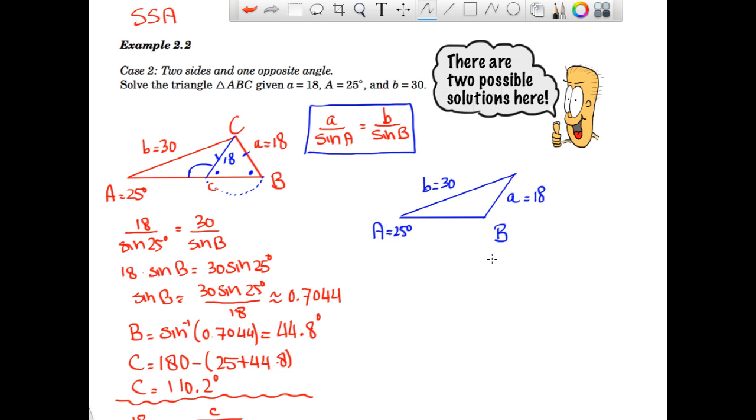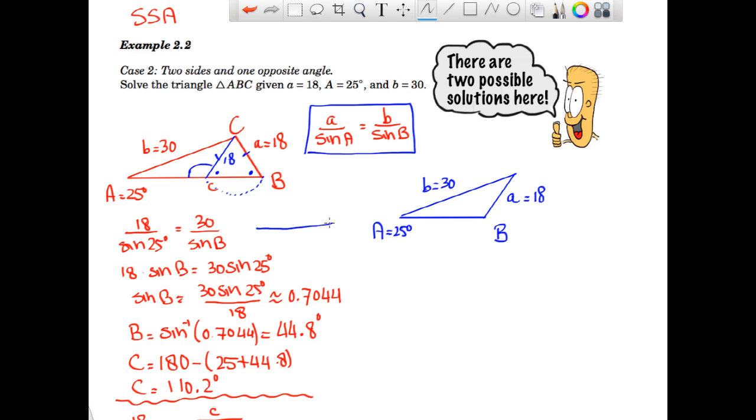So you have to keep in mind, what you have to do here is figure out on your own that you do have an ambiguous case, and that the angle that you get over here, that's what the inverse sine gives you. But this angle could have been in two spots, right? Yeah, if we think about our inverse sines and all that. So this was only the angle that they gave us. It could have been 44.8,